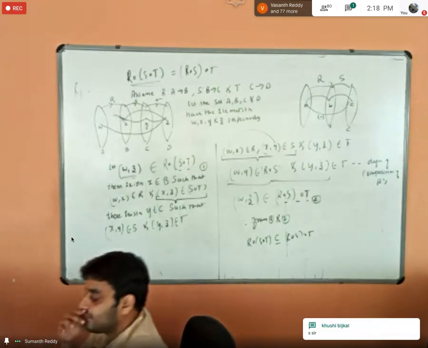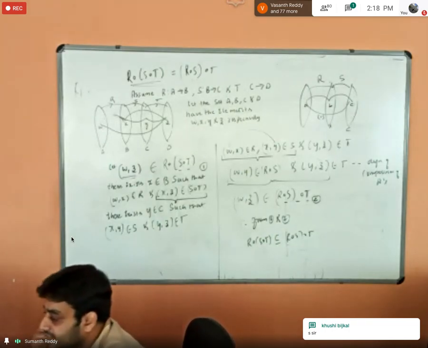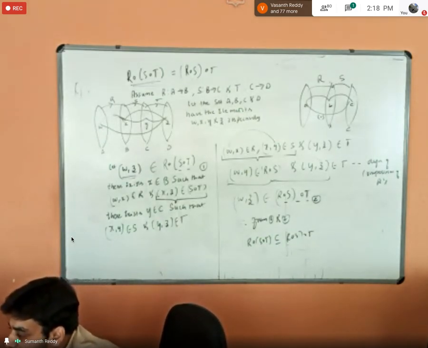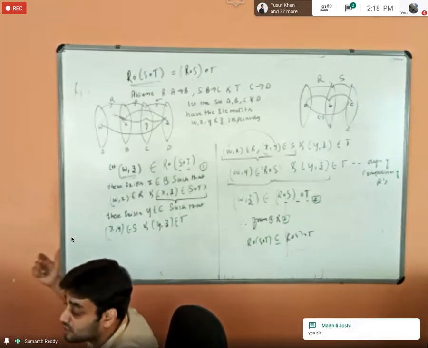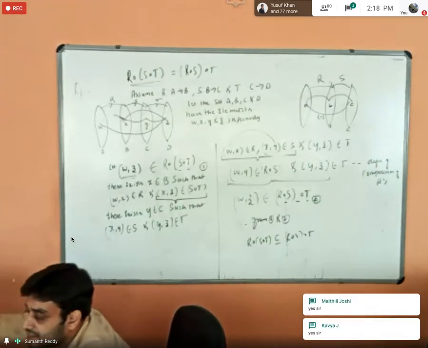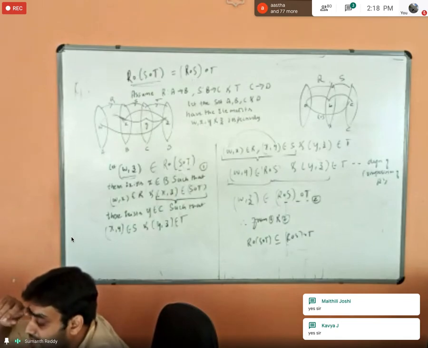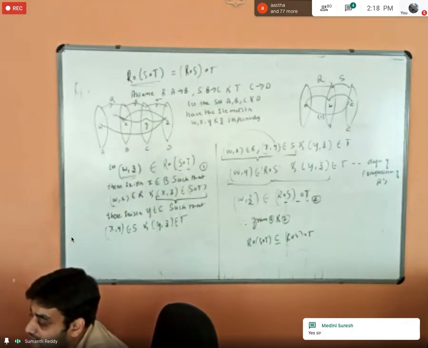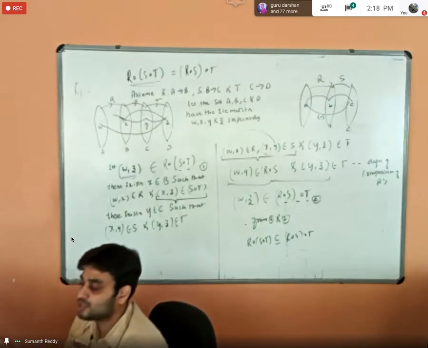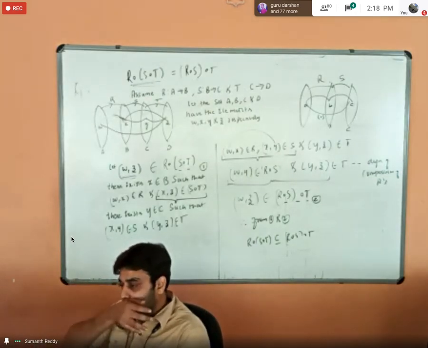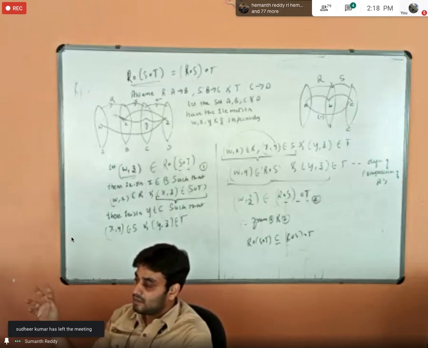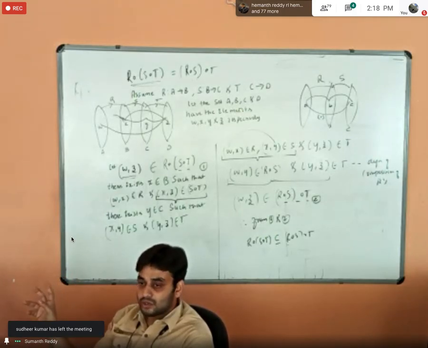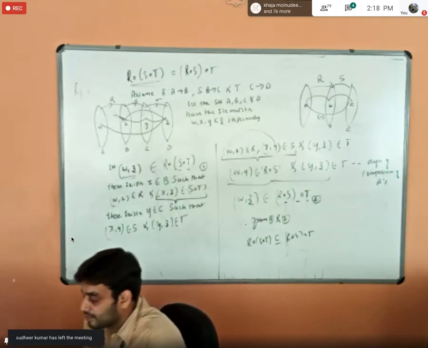Okay, fine. If you want the same set of examples, I don't know which elements I have considered in the notes. So if you want the same thing, you can just take a screenshot of this theorem. As I have told you, this is one part of the theorem. The other part is the same thing, but you have to start from the RHS. For that, I will send the notes.